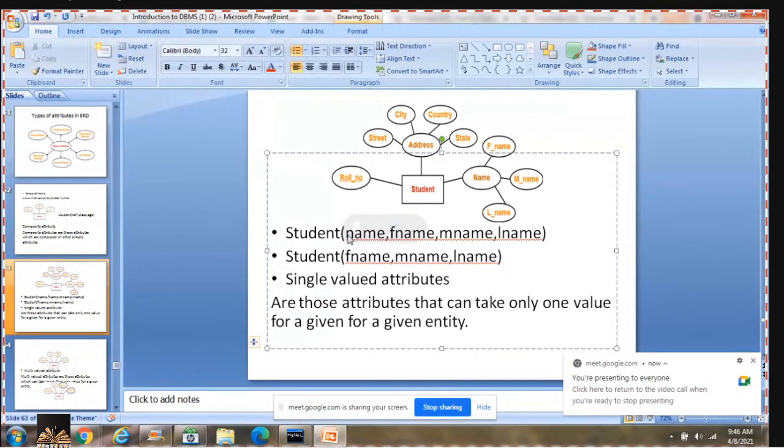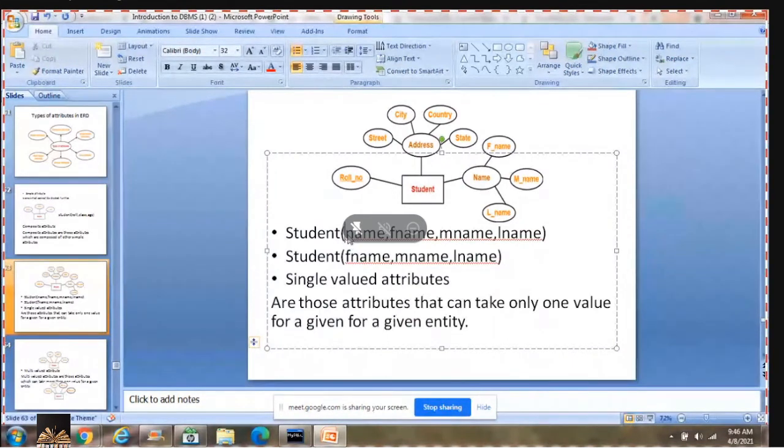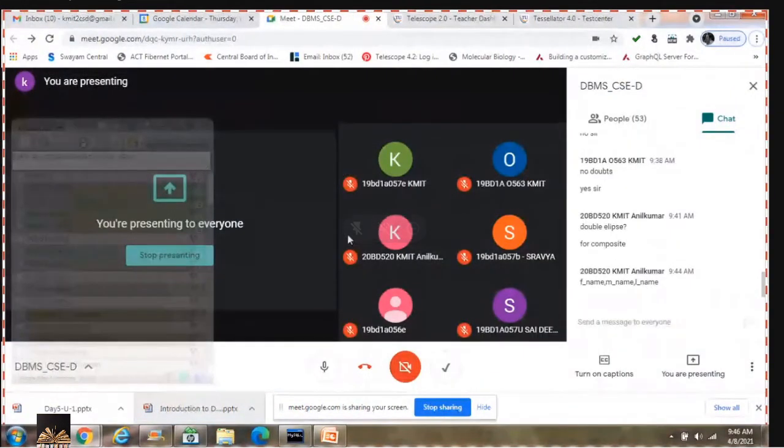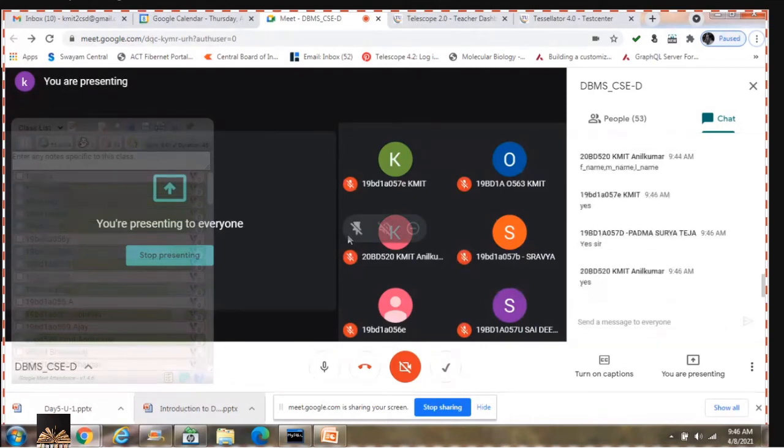F name plus M name plus L name gives you name. Yes or no? Is it required to write name again, or can you get it indirectly?